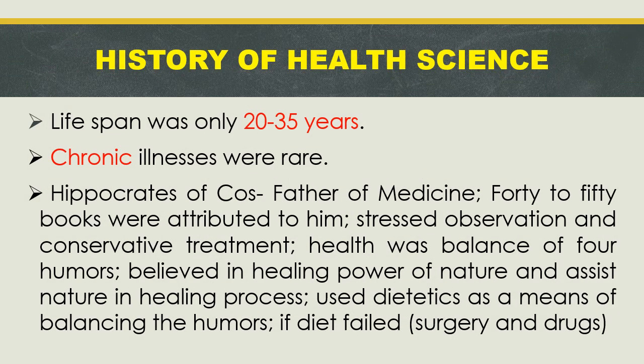So, ang lifespan noong ancient times ranges from 20 to 35 years lang. So, why do you think so? Because, of course, mali yung ginagamit nila or ginagawa nilang treatment sa mga may sakit. So, imagine that they're finding, so, pwedeng ikamatay talaga ng tao yun if it is not done properly. So, next, chronic illnesses were rare. So, chronic illnesses means ito yung mga illnesses na pangmatagalan. So, rare siya noong ancient times.